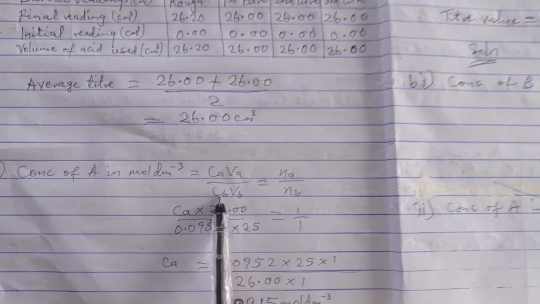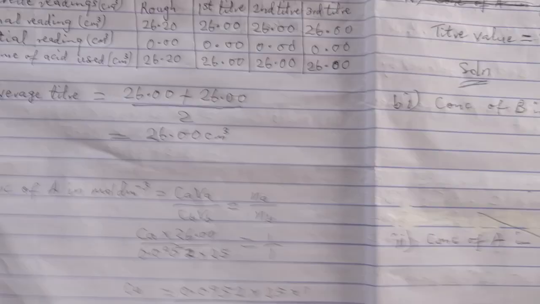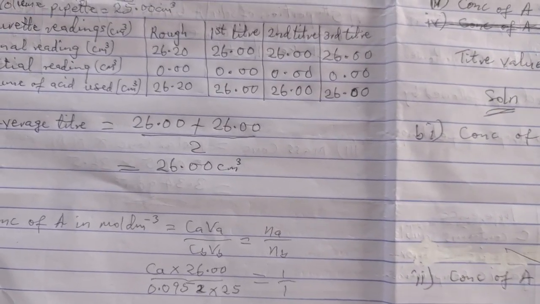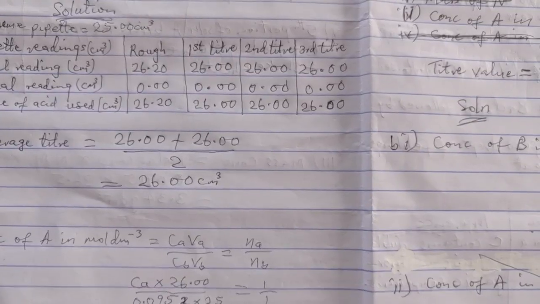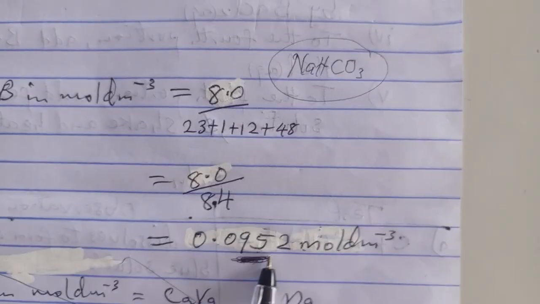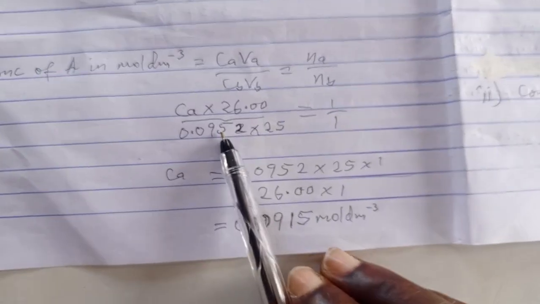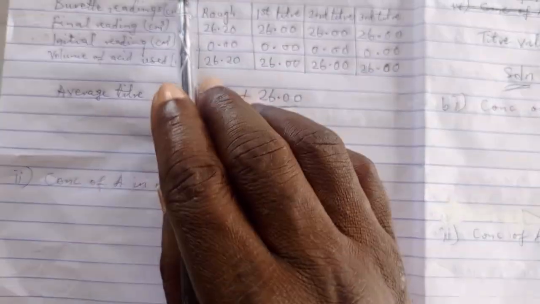CB is what? CB is the value of the base you calculated, which is this value. So you bring it in here, times the volume of the pipette, which I was using